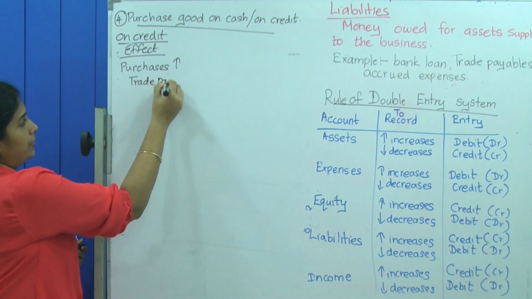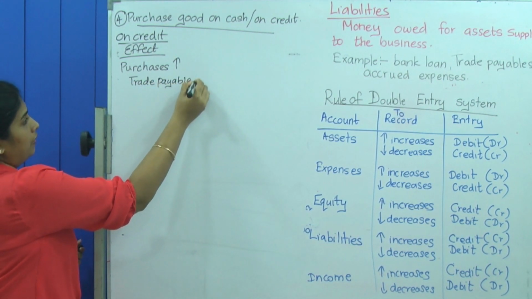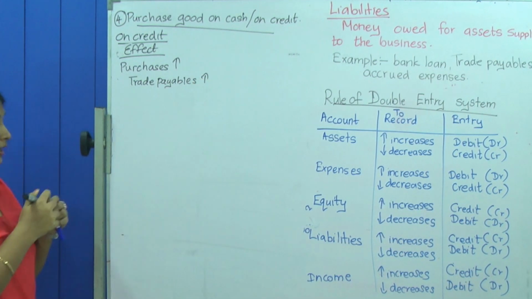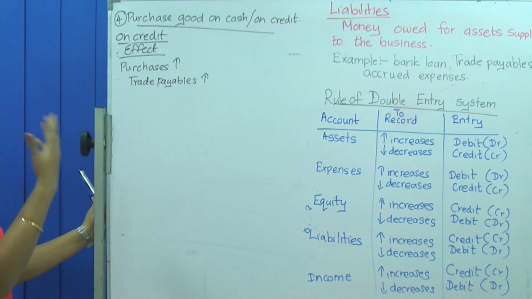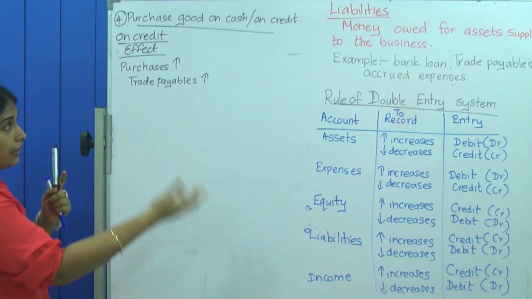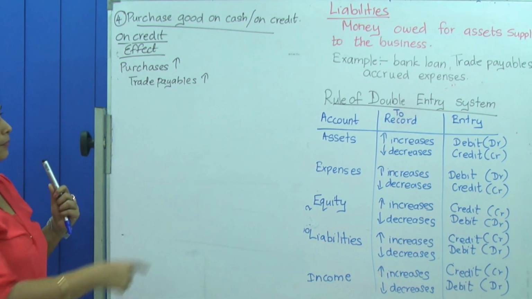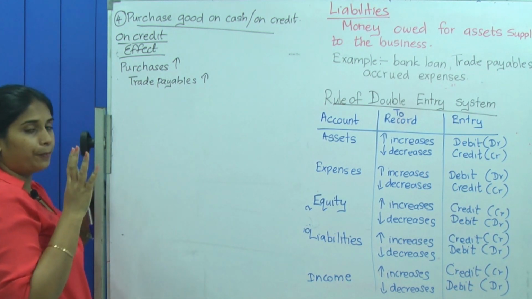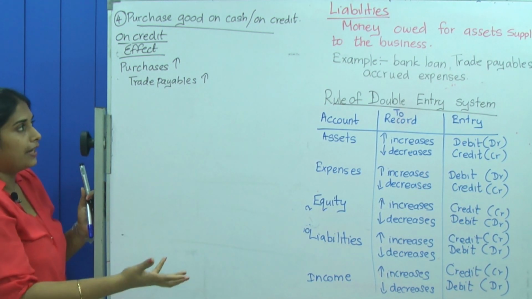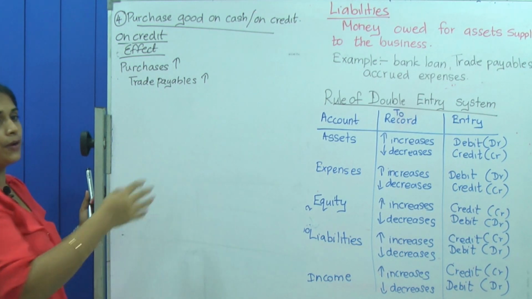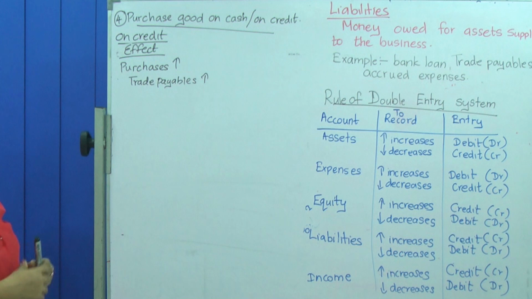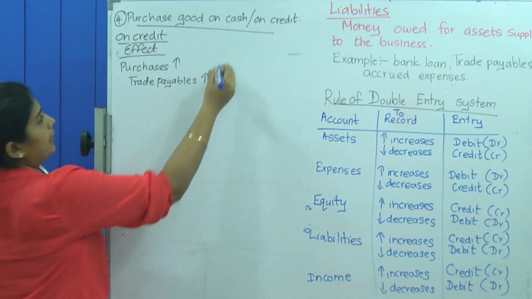Now assume in Judy's example, if Judy purchased goods from another person called Victor or someone, then Victor becomes a trade payable. That means it's a liability. We are not paying in cash, so at a later date, we are liable to pay him back. So if Judy is purchasing from Victor, Victor becomes a trade payable. So the double entry will be